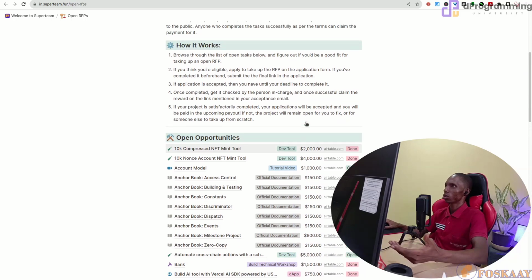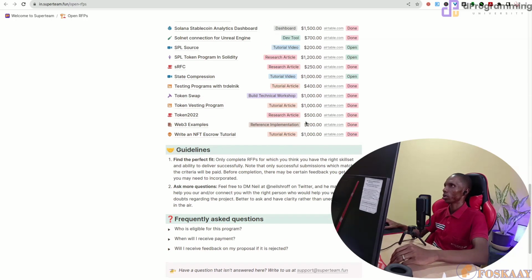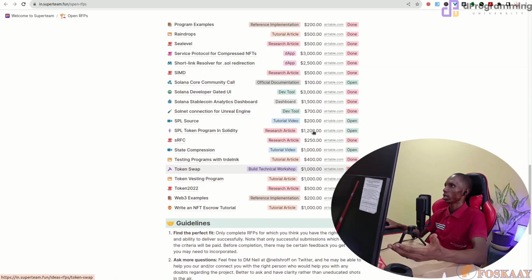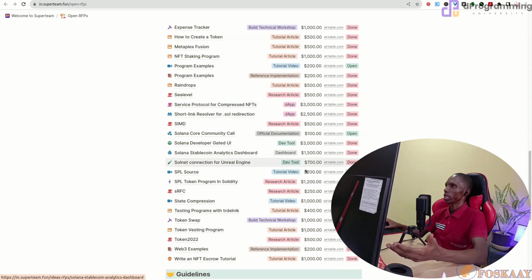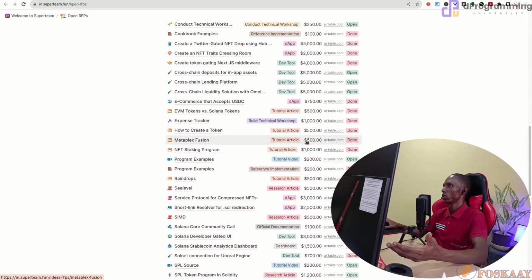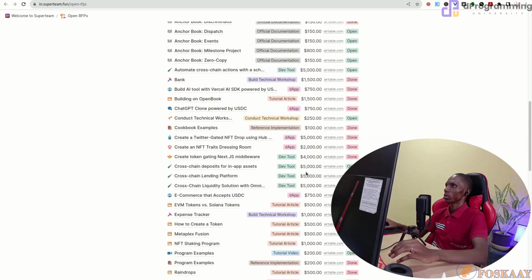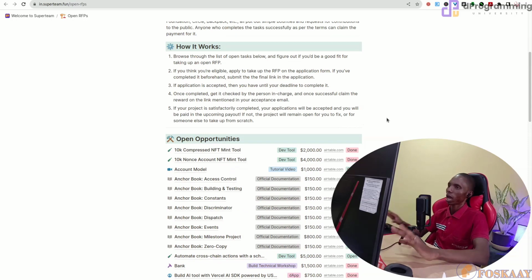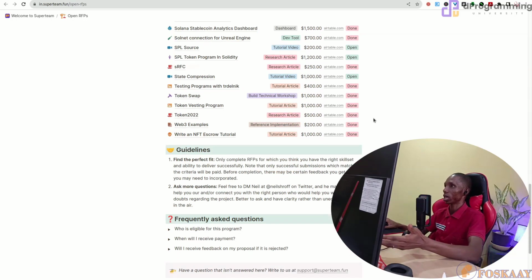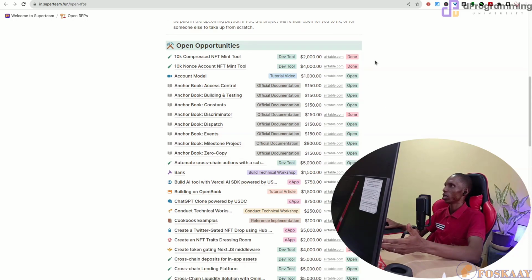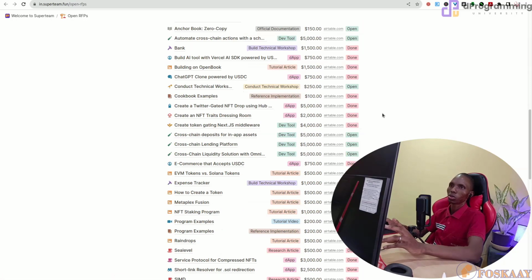Though this seems not to be updated again like that, yeah. But you can check if there is any. These are tutorial, writing article, and things like that. So if there is any one of them you can do that are still available, good. So these are part of how you can find RFP. Yeah, I agree it's limited because a lot of them are not usually updated again like that. But if in case you find anything interesting to you that you're able to deliver, then good point,